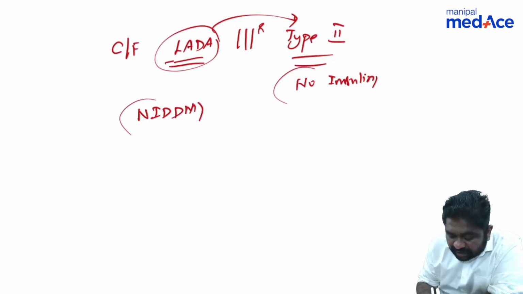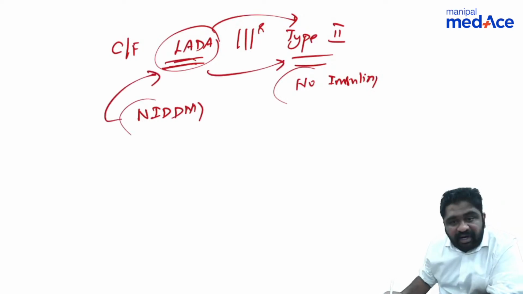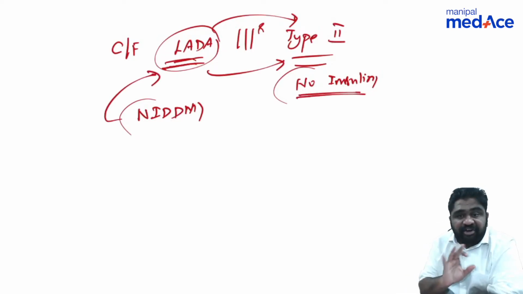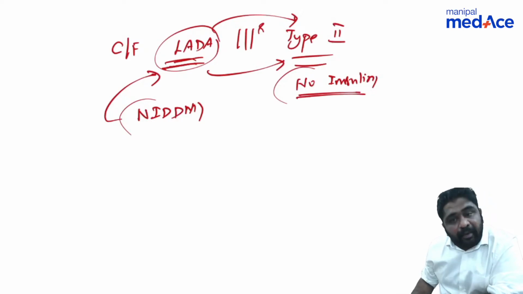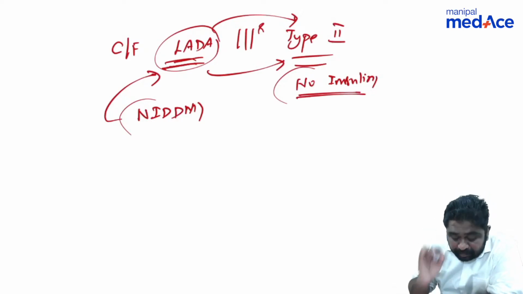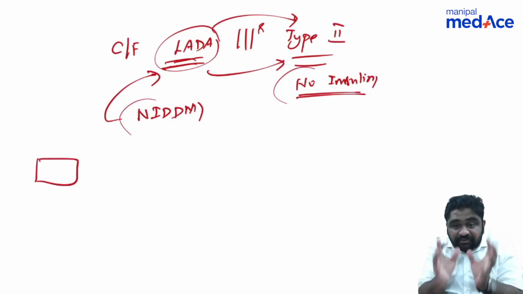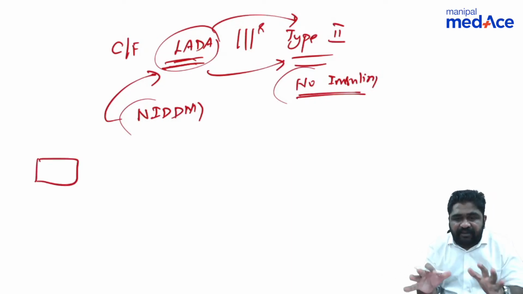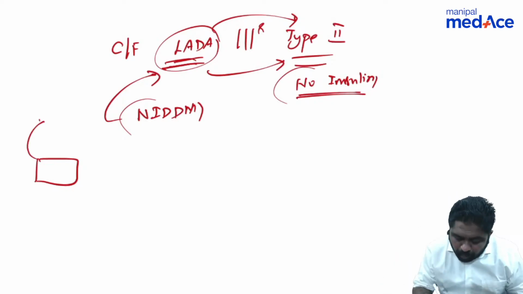Because if you find LADA to have similar clinical features to type 2, then LADA also will come under non-insulin dependent diabetes mellitus. So it means insulin is not the treatment for type 2 diabetes mellitus, so insulin will not be given in case of LADA. But what is LADA? LADA is latency associated. It means it is waiting for the right time to completely blow off. It is waiting for the right time to fail completely so that it can go back to the stage of